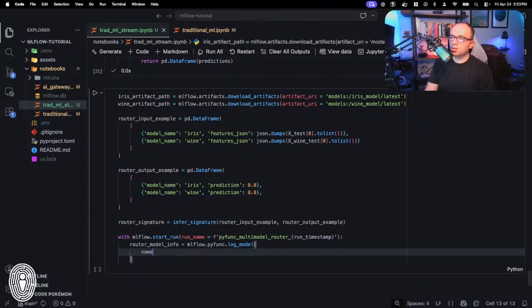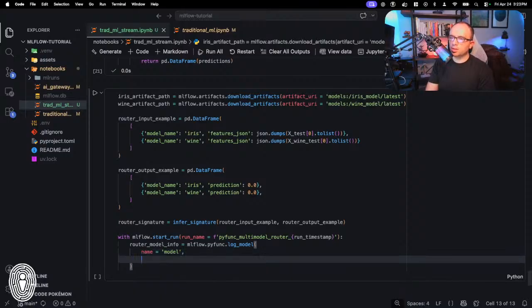Name is going to be model, because I don't really care what this is named here. python_model is where we actually pass in that class that we instantiated above, so MultiModelRouter.